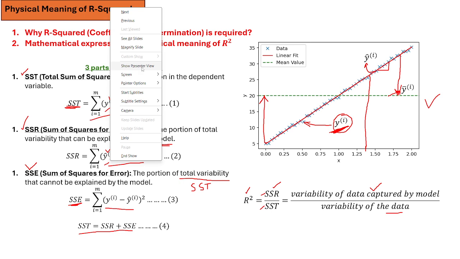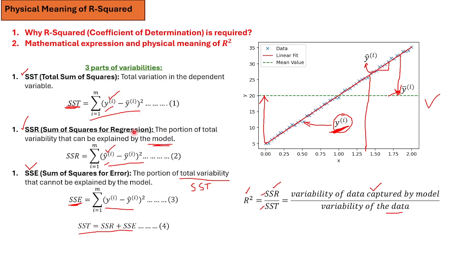So R squared will be 1, and when R squared is 1, it means that our prediction line has been able to completely